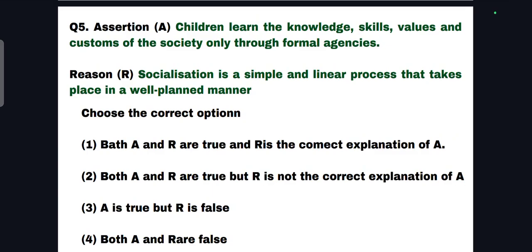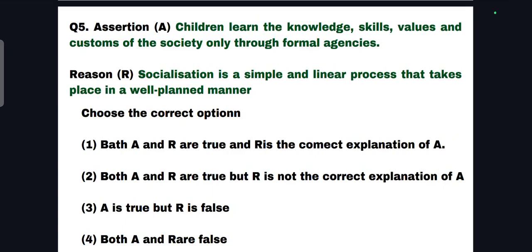While dealing with an assertion and reason type question, first you need to focus on the given assertion. First we need to check whether the given assertion is correct or wrong. That is the first step. Then we move on to the reason, and here we need to do the same thing.